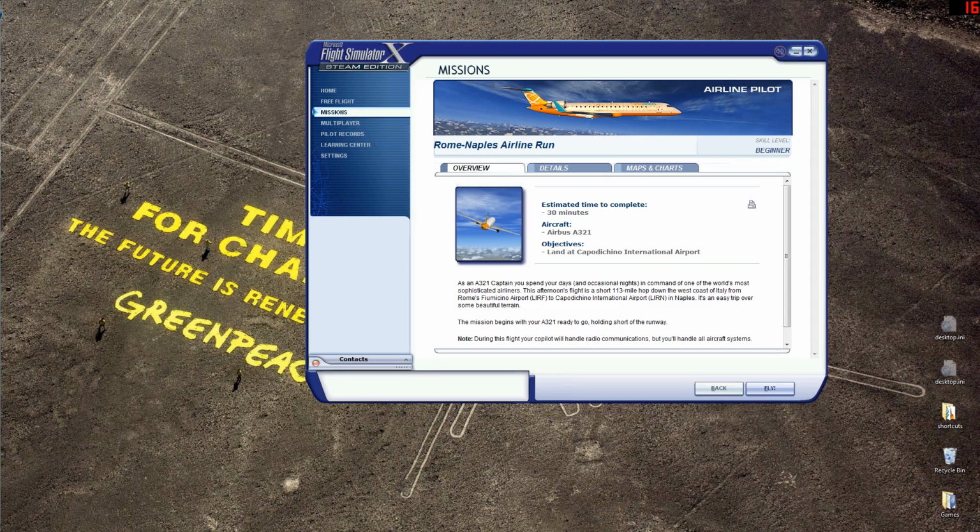As an A321 captain, you spend your days and occasional nights in command of one of the world's most sophisticated airliners, landing at Capodichino International Airport. This afternoon's flight is a short 113-mile hop down the west coast of Italy from Rome's Fiumicino to International Airport in Naples. It's an easy trip over some beautiful terrain, and also super inefficient, because jets are super inefficient at low altitude. The mission begins with your